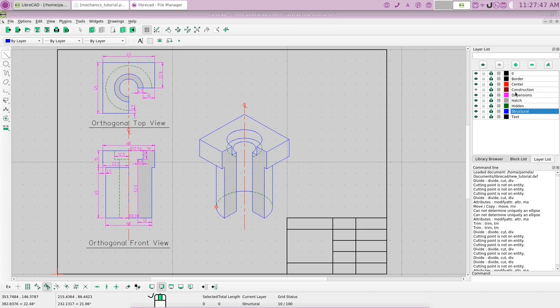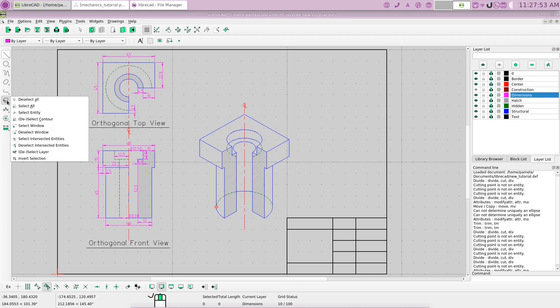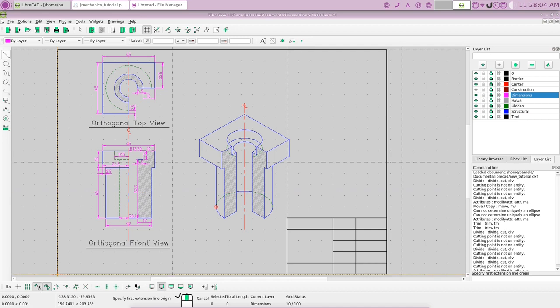So let's go to the dimension layer and let's look at the dimensions, and let's choose aligned dimensions, and let's snap on endpoint,